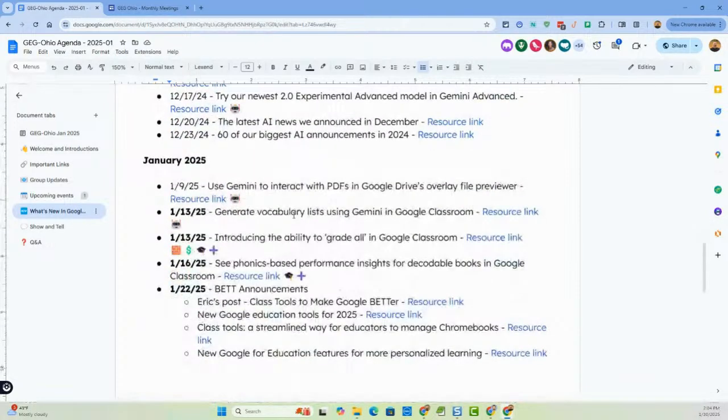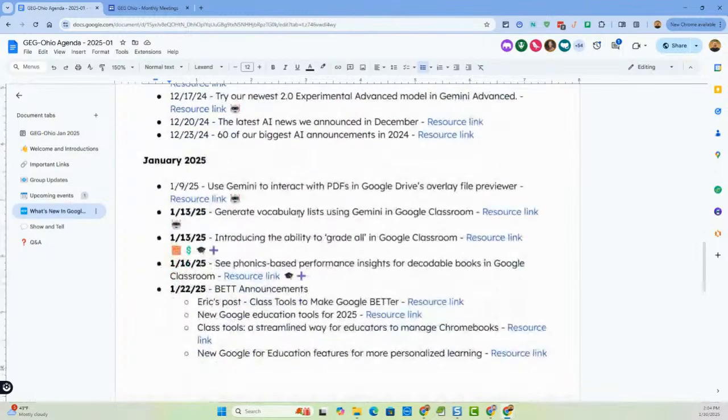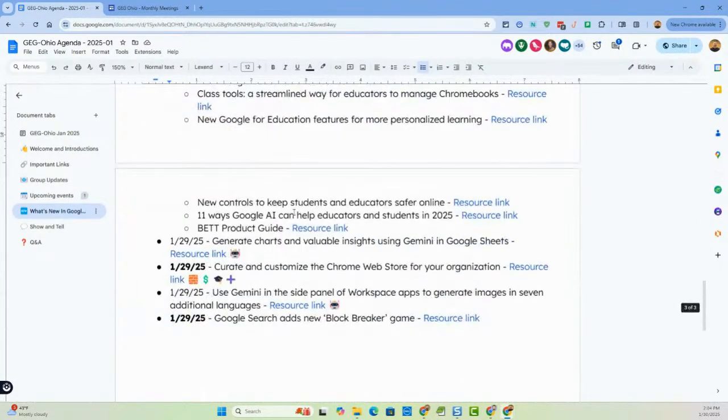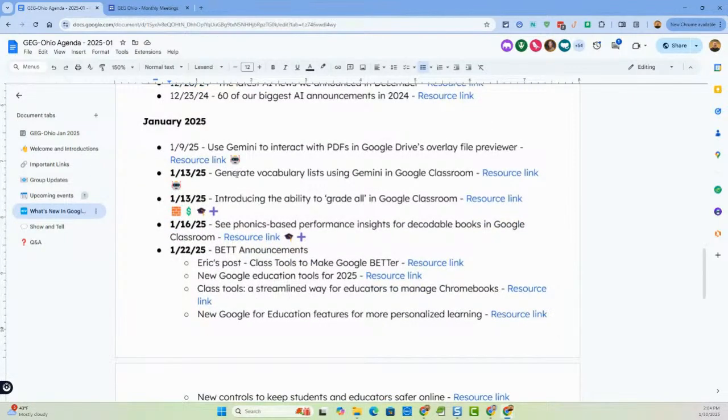All right, let's hit just a couple more things. That gets us through December. So we are now into January, and there's just a few things that have happened this month that I wanted to call out. One of the first things is a new feature in Google Classroom if you're using the AI